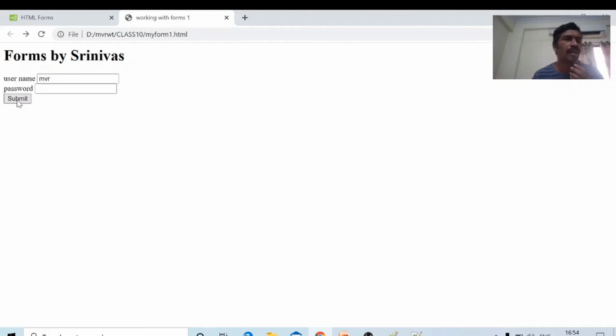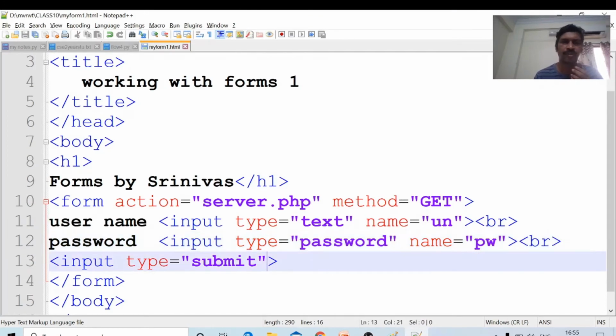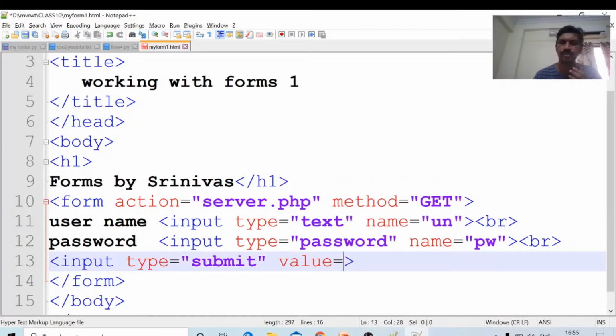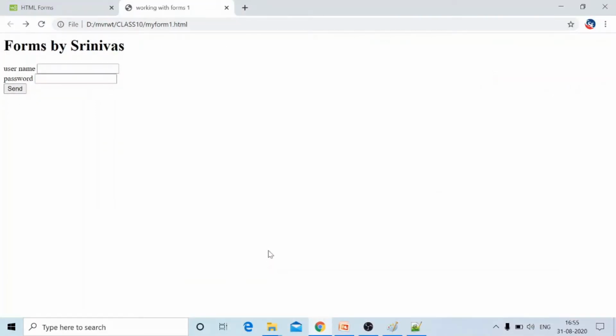I have to write here not submit but send. In order to get send, we will write one attribute, value equal to send. Control S, Alt Tab, F5. Now the send button will come.